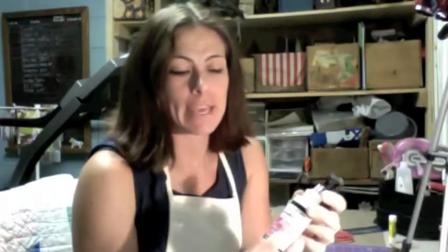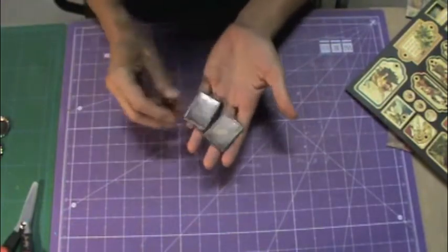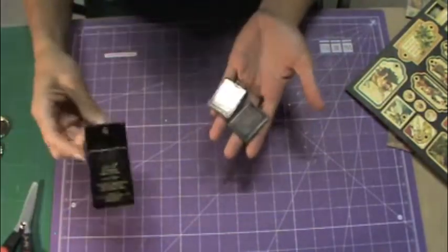Mod Podge Dimensional Magic and Glossy Accents. I haven't made these before, so it's going to be a learn-as-you-go technique for me, and I think it's going to be a lot of fun. There's tons of things that you can get out there to make it easy, inexpensive, and fun. So let's get started. The supplies I'm going to be using today are these rectangle pieces that I